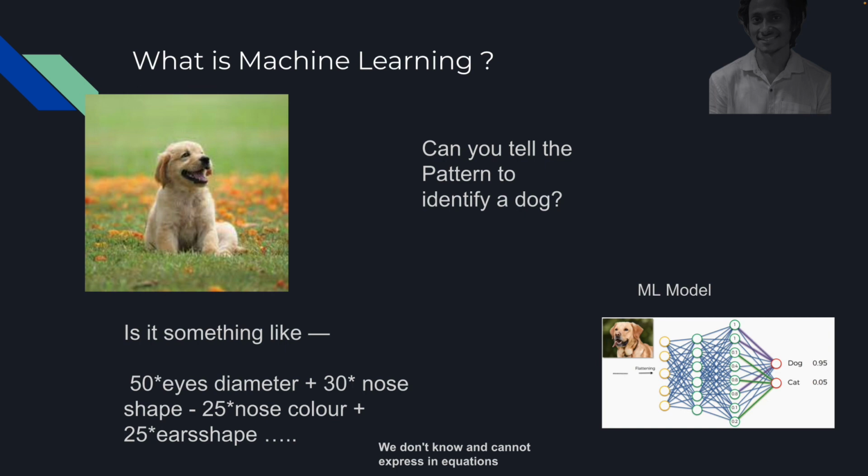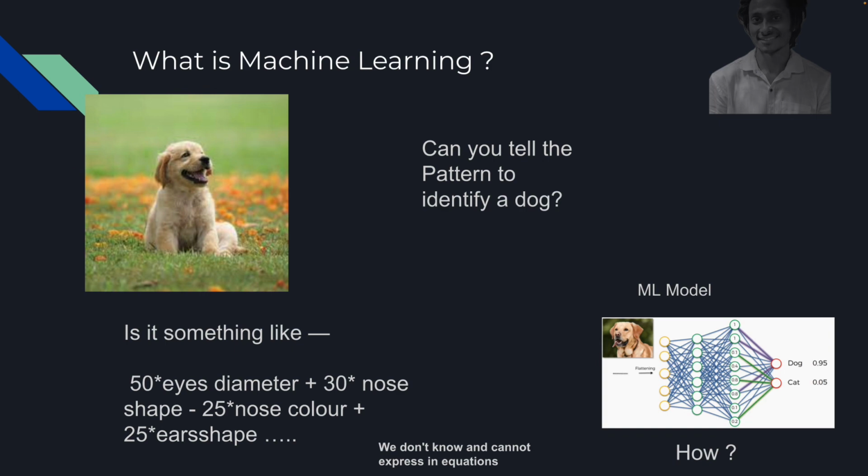Once the pattern is understood by this model, as you can see in its graphical representation, given an input such as this picture of a dog, it will be able to tell whether the image has a dog or a cat with a certain probability. Over here it is saying that the input has a dog with 95% probability and a cat with 5% probability. Therefore, clearly this model has given an accurate prediction that it is a dog. Now, how is this model able to identify the pattern? That is for the further topics to understand, which involve lots of mathematics and